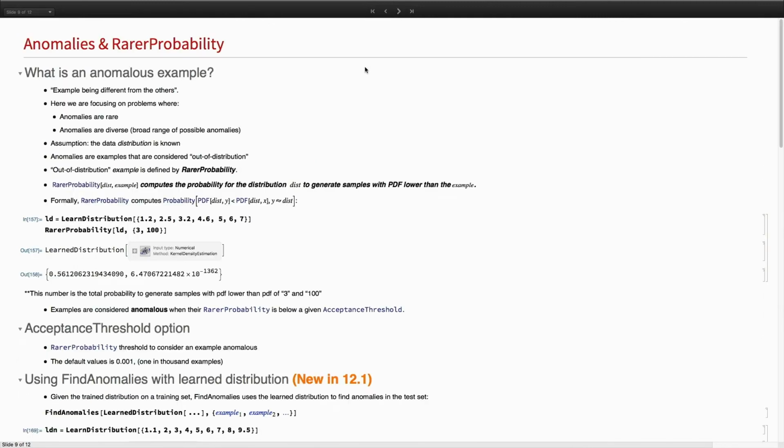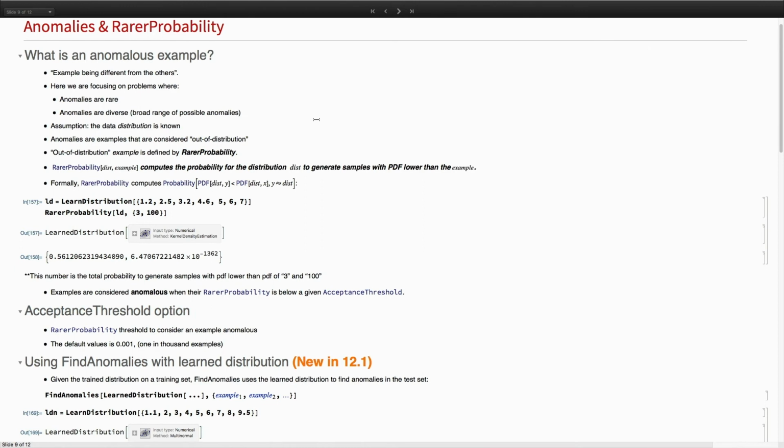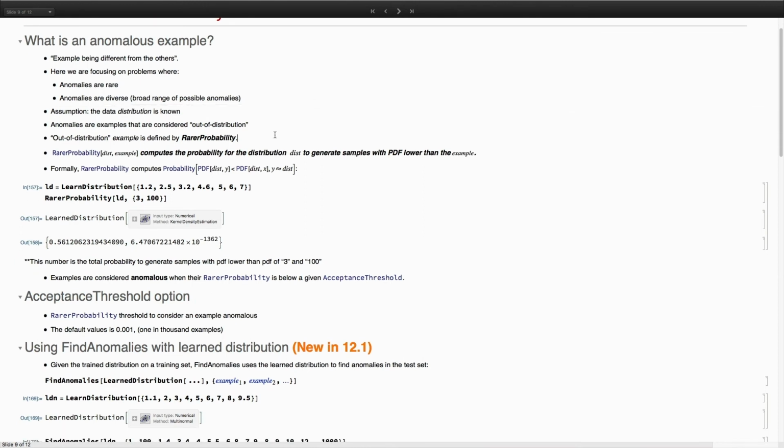In general, a naive definition of anomalies is examples that are different from the others. Here we focus on the problem where anomalies are rare. If they're not rare, you can just classify, if you have labeled data. But here you have unlabeled data and anomalies are rare. These are the assumptions, and the other assumption is that you have a known distribution. Given the known distribution, you can find out-of-distribution examples, or anomalies in other words,